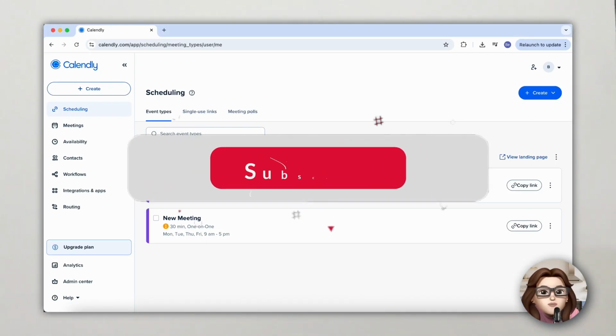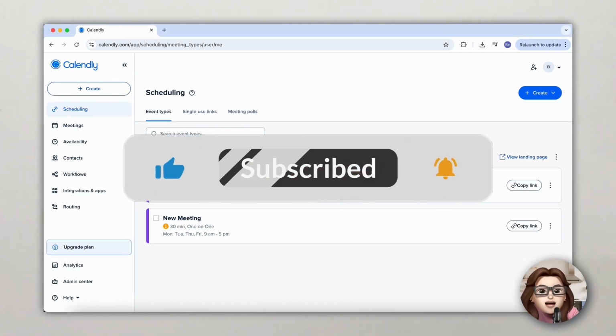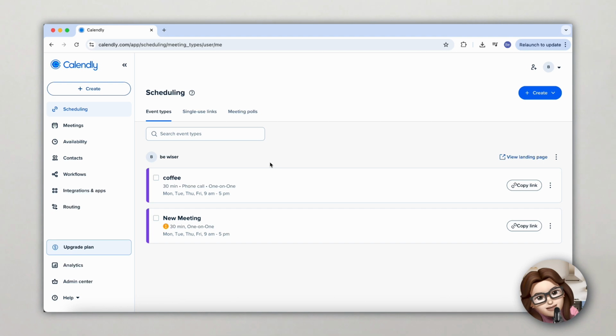In today's video, I'll show you how to connect Calendly with Zoom so your meetings are automatically set up without